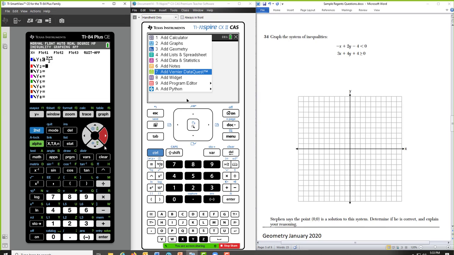In Y2, do a little manipulation, fraction template, it would come out to be -3x minus 4 in the numerator, all over 4. And engage the style of line. And I want to have greater than or equal to. Select OK. Whoops, I didn't do it. Down to OK, press enter. Zoom 6. And now you see your system of inequalities.